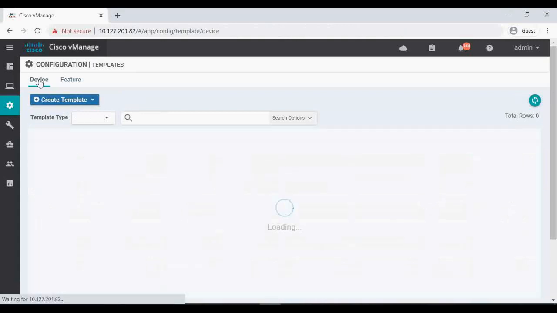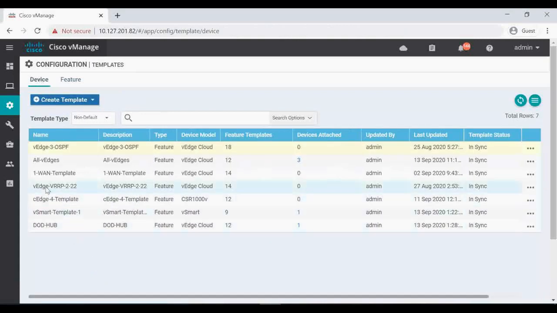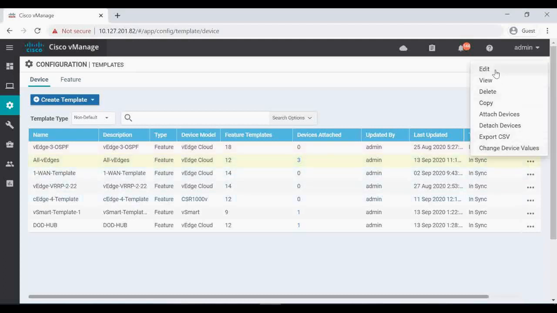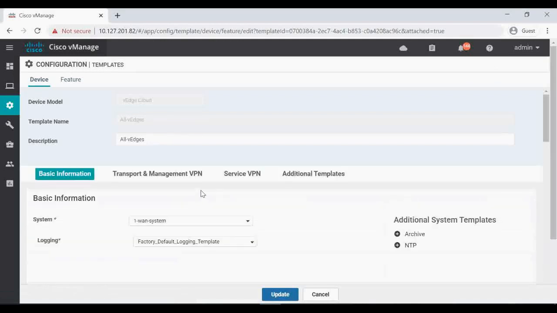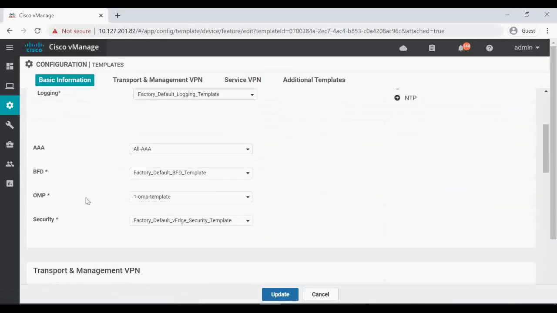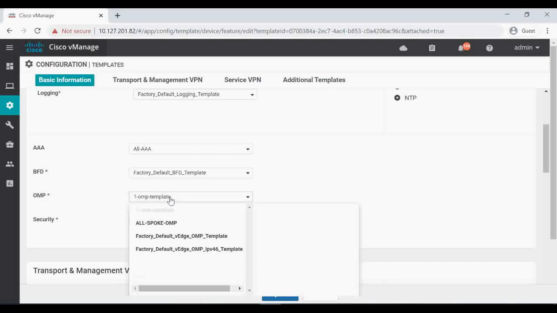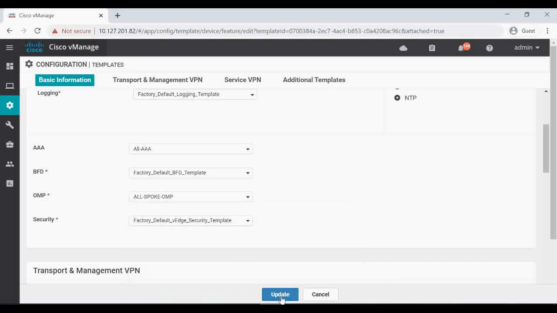So now I'm going to the device template. You can see the all VHs template. So there I'm going to edit and add this OMP template. So you can see OMP, there is an old template here. I'm going to replace that with all spoke OMP, and then